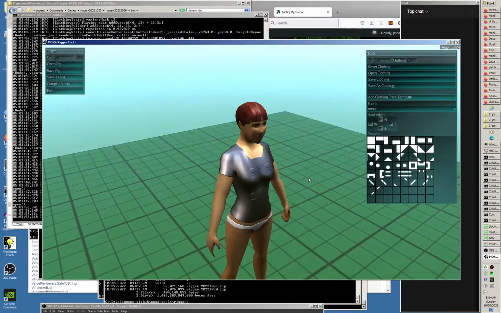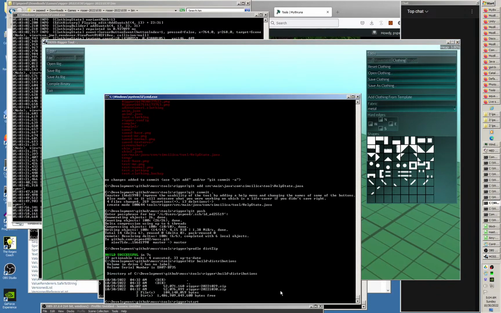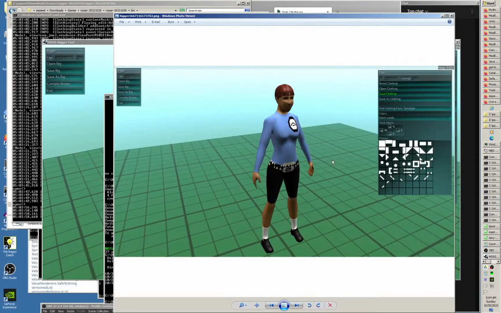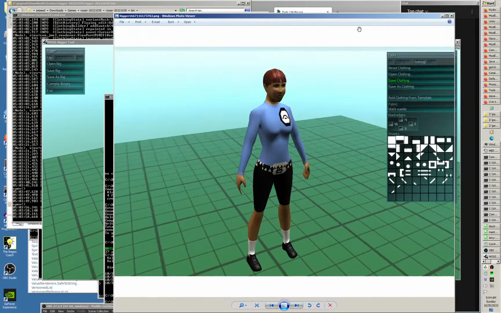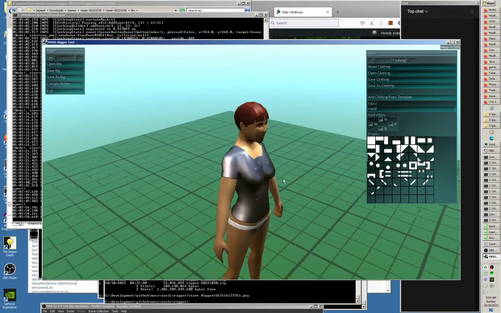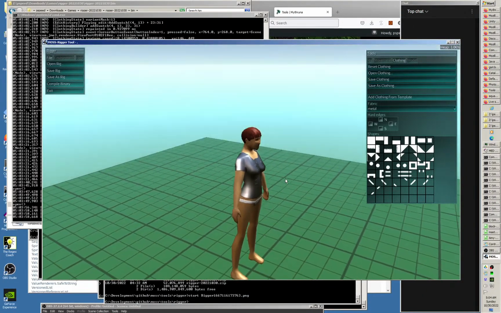I earlier created this, which is a kind of obscure reference for something we used to watch when my kids were younger. I'd really like the letters and things to be smaller and the belt to be a little different. I miss materials, I miss swatches. But anyway, that's a quick rundown of the rigging tool. And so maybe you guys can create some,